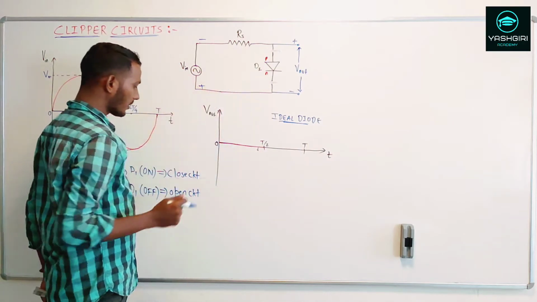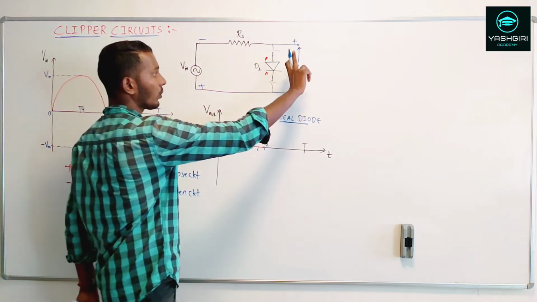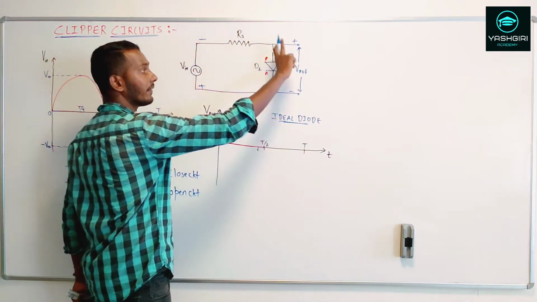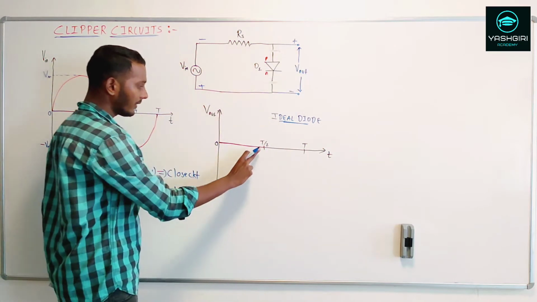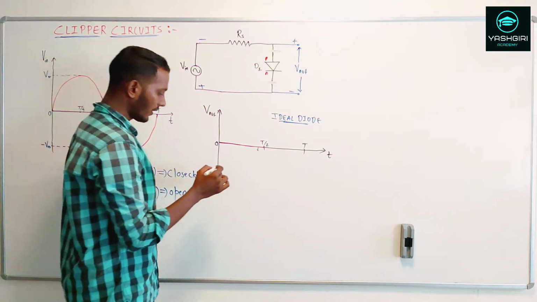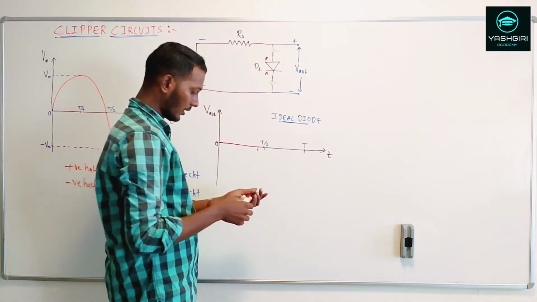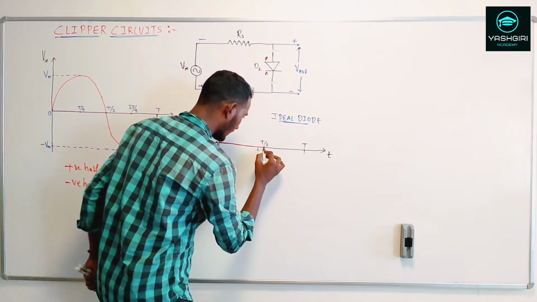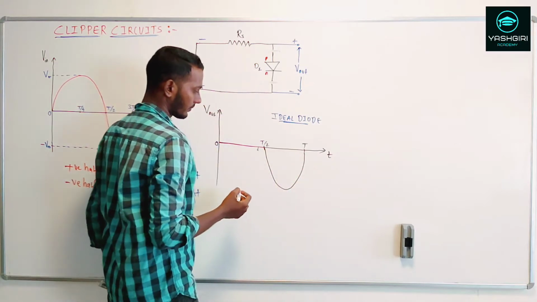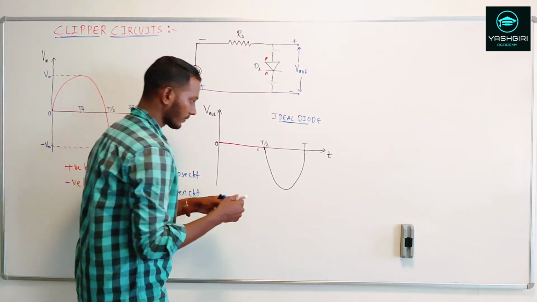So when it's an open circuit, there won't be any current flowing through this diode. So the V out, when you measure the V out over here, the entire input will be available at the V out. So in this region from T by 2 to T, that is a negative half cycle. So you will find that the output follows the input. So the same cycle you will be getting at the V out. All right. So where this is my Vm,